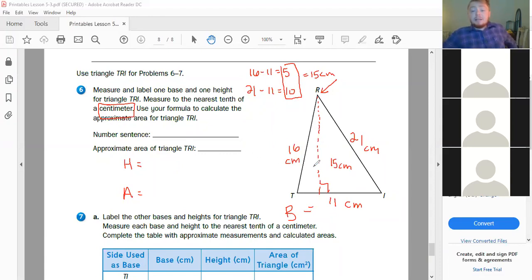Excuse me. Now that I have that, I can finally do base times height. So we're not going to work backwards. I'm going to do it normally, okay, which would be 11. Ah, my pen. This thing is hard to do. 11 times 15, ooh, equals,